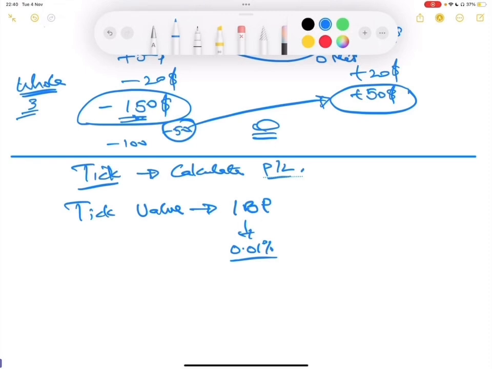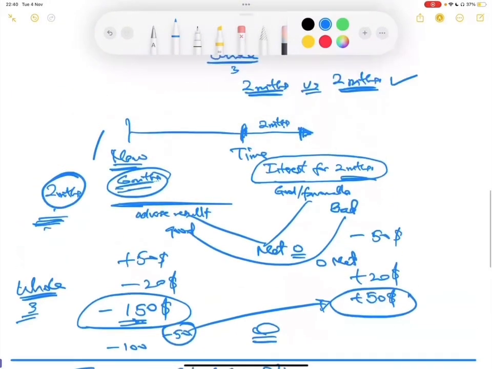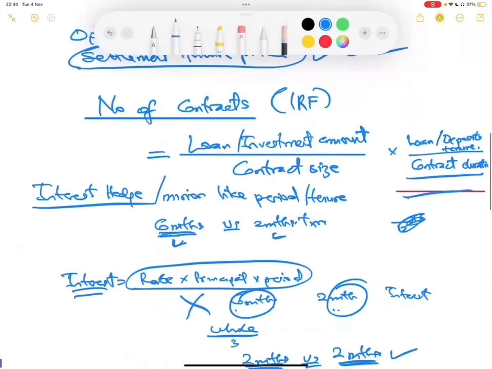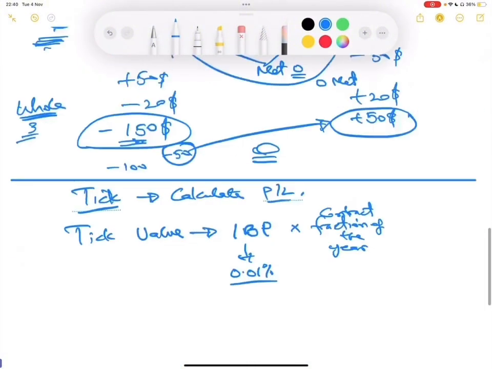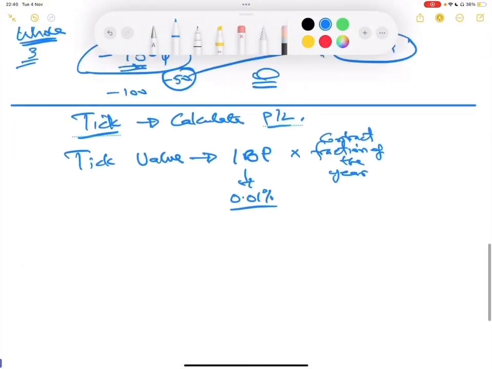So 1 basis point multiplied by the contract fraction of the year. So if the contract is for 6 months, you're going to be using 0.5 for this. So don't confuse that with this. There are different things. This is talking about number of contracts. This is about the value of a tick. Then this multiplied by the value of the principal,